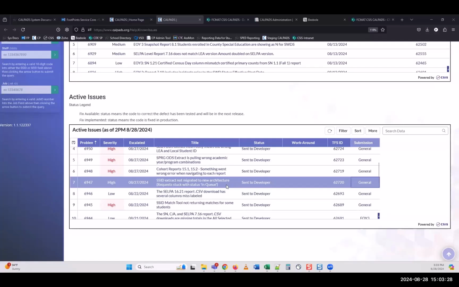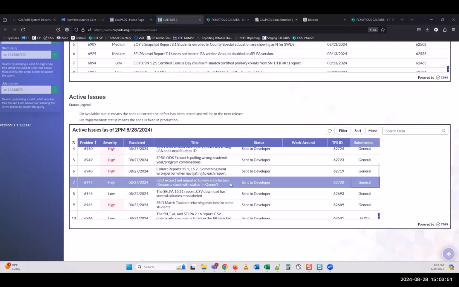It just passed testing about 20 minutes ago, and it's in the process of getting patched to production as I speak. When it does finish, the CDE is going to send out an email saying it wasn't working as of Tuesday morning through just a bit ago. If you had one that you requested, you're going to have to request it again. So good news on the horizon. Sorry about the delays there.